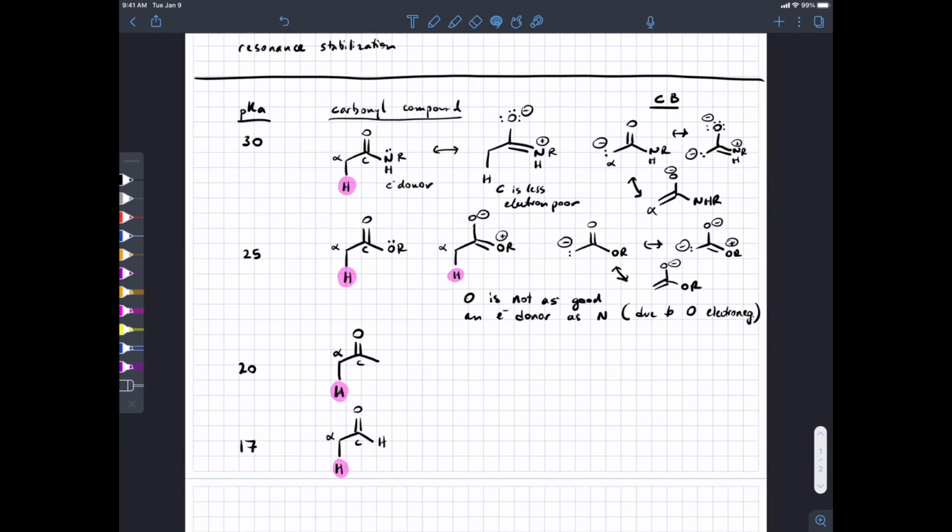From that perspective, this also tracks with carbonyl reactivity, right? If we were to make another column here for how reactive these carbonyl groups are,